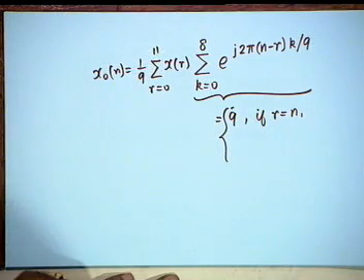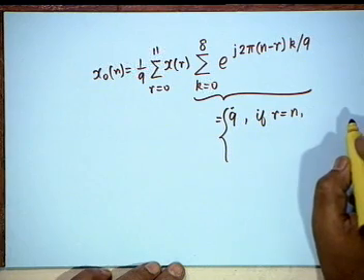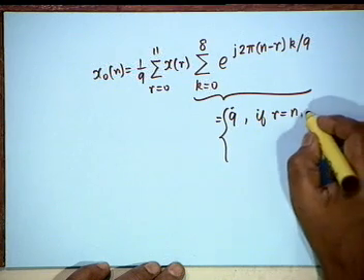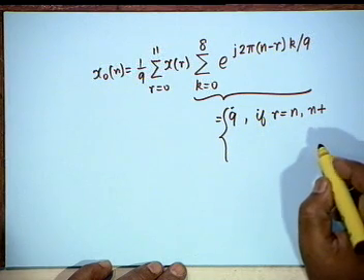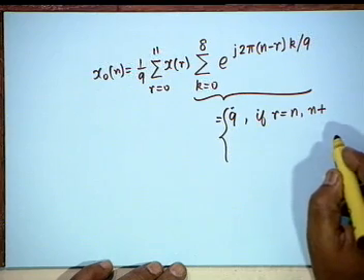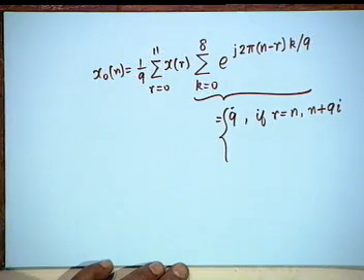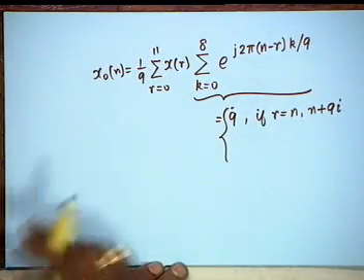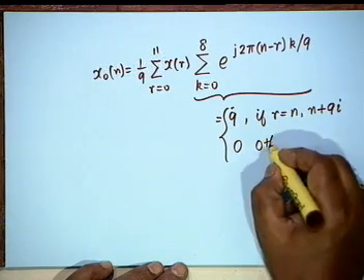Not only that, if small n is increased by capital N, it should not matter. So, n plus how many points are there in DFT? In DFT, 9. So, 9i, where i is an integer. Okay? This is needed. If you ignore this, then you will run into problem. You cannot compute all the x0 n's, and it is 0 otherwise.